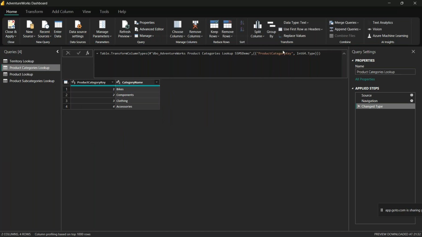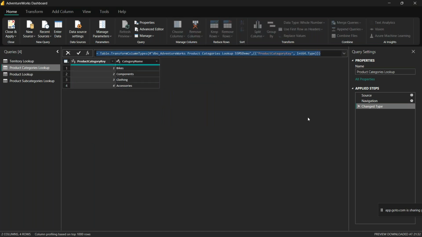So basically, I have changed product category key to whole number. It has done it by itself. I need not do it. Or I would have done the same thing by just pasting it here, but I'm not going to do it because M code, we are not touching it here. We are just looking into how to do it through the